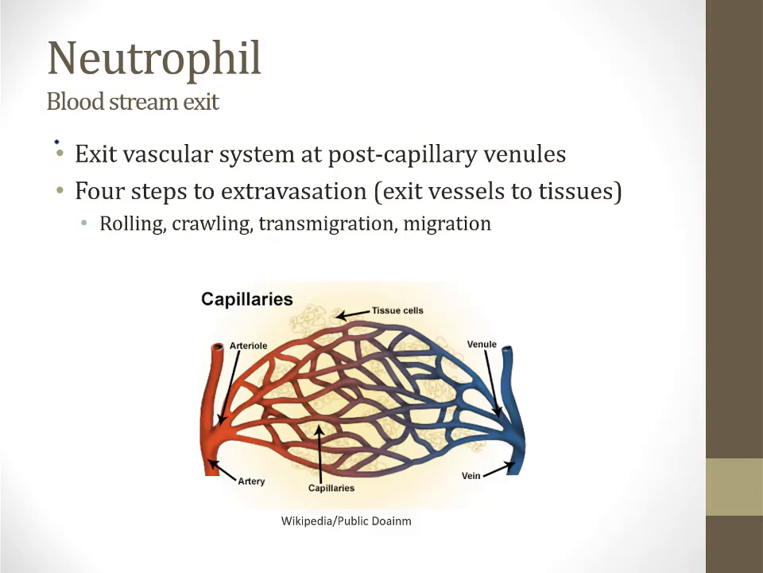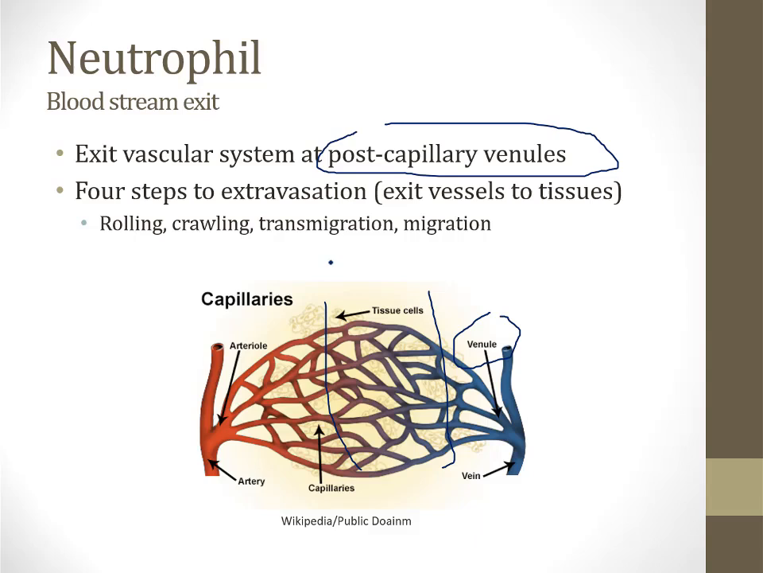The first thing you should know is that neutrophils exit the vascular system at post-capillary venules. If you look at this cartoon on the screen, these are the capillaries here in the middle. This is a post-capillary venule. And in these venules, endothelial cells contract in the setting of inflammation. I talk about this in the video on inflammatory principles. When they contract, they open up gaps between the endothelial cells, and that's how neutrophils get into tissues where inflammation